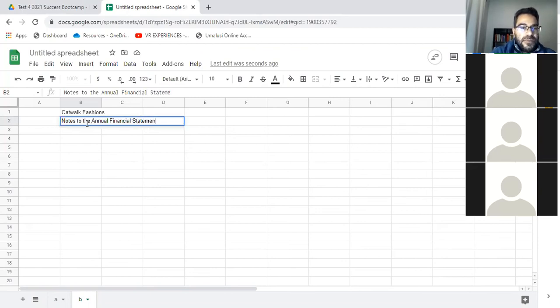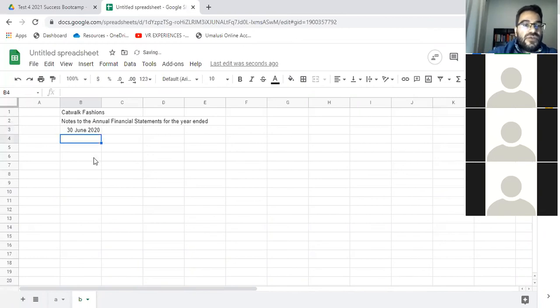Financial statements for the period. So because it's a year, we say for the year ended. Now, every financial statement is for the year ended. Only the balance sheet is as at. So remember, you need to get those wording right, because otherwise you will lose the mark for presentation, whatever communication. Then you put the date. The date you can just put next to for the year ended. I just always put it over here. But in the exam, you can put it next to for the year ended. Okay, so 30th June 2020.